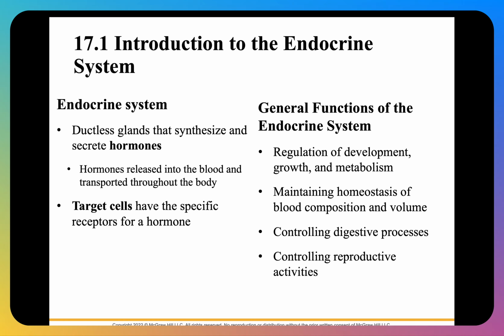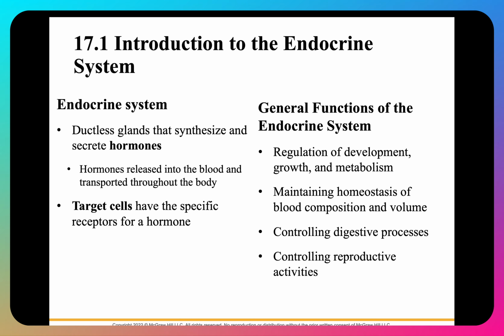The previous chapter that we discussed, Chapter 15, was the autonomic nervous system, so part of the electrical control system. So together, we have a total of 2 control systems within the human body, an electrical system and a chemical or endocrine system. Now, when we use the term endocrine, it is very specific to a type of gland.